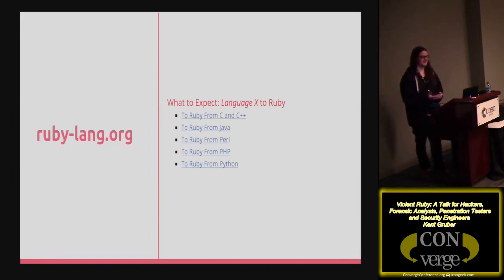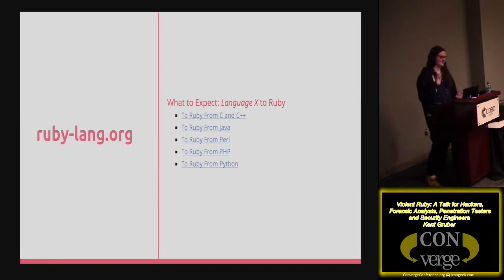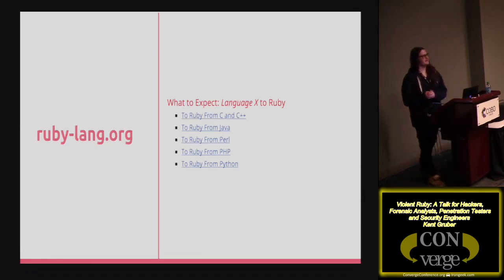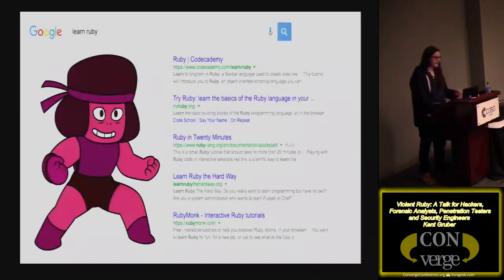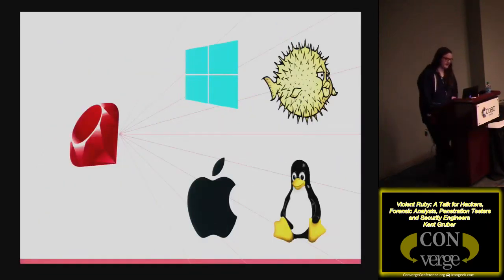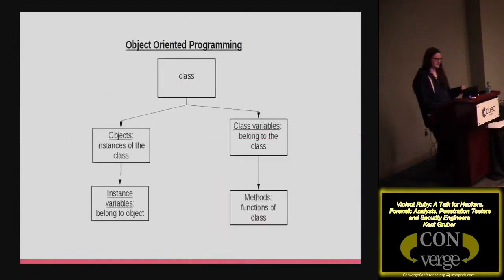One infamous Ruby programmer is called _why. Anyway, you can Google Ruby _why and hear it's a really great story. Basically, he described Ruby programs as little sentences, little pieces of English that you're putting together to describe what you want the computer to do. And I think that is really cool. I think that really plays into a lot of really interesting technologies that we can use in the information security community. Anyway, you can get started with Ruby really easily, and it runs on a bunch of platforms.